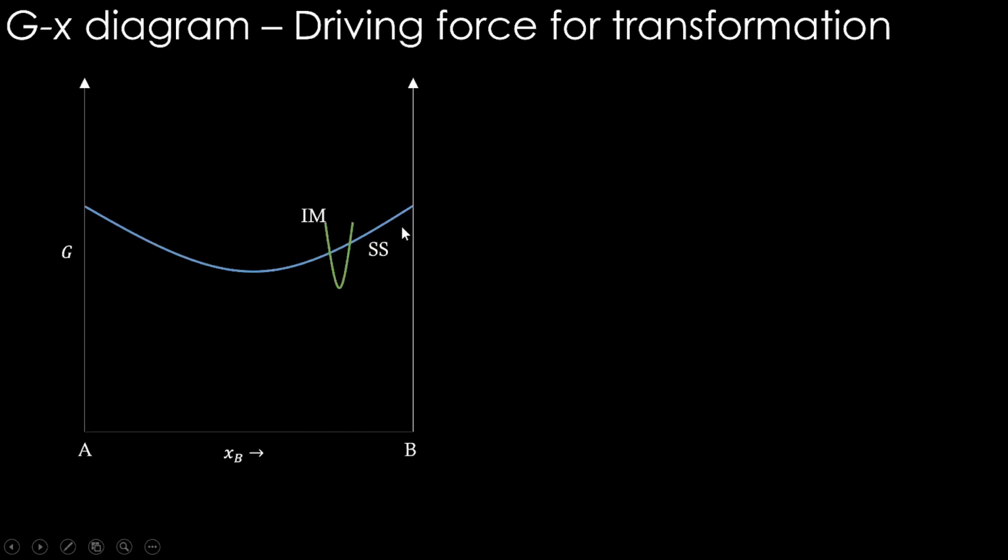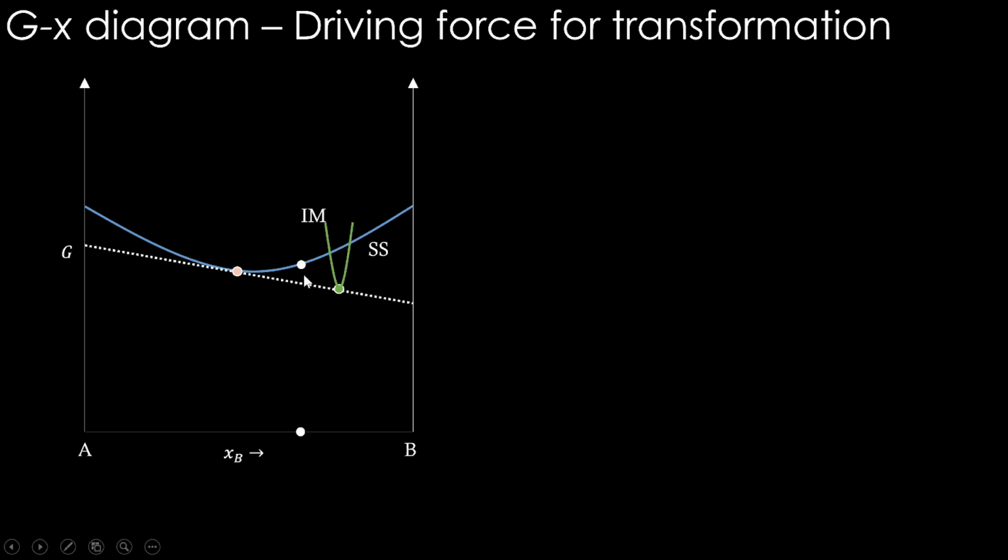Consider there is a two-phase system, a solid solution and an intermetallic phase. Both phases are there, and this is the intermetallic phase Gibbs energy curve. This is the solid solution Gibbs energy curve. Now this is our overall composition, and this is the initial state, meaning at this composition we somehow have one solid solution. Now will it be stable?